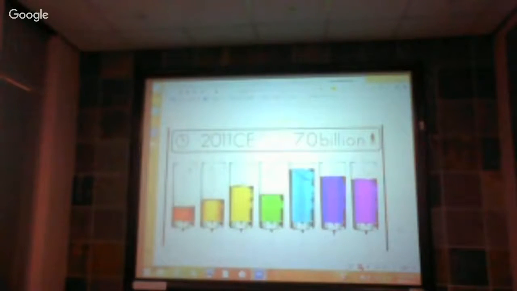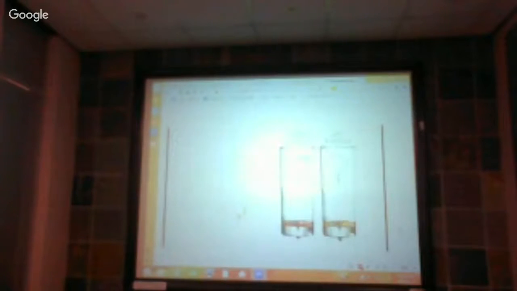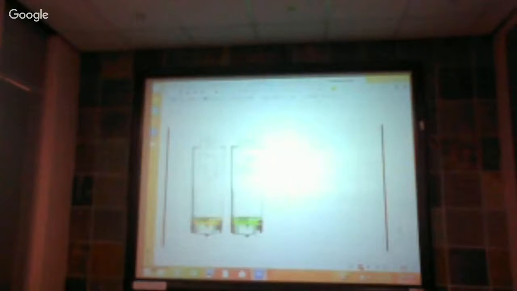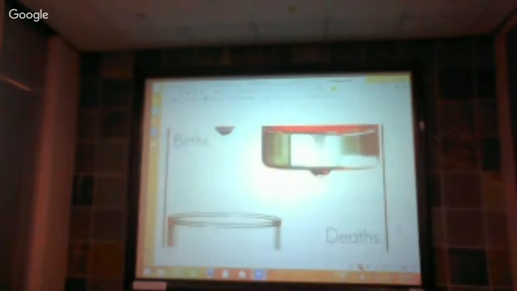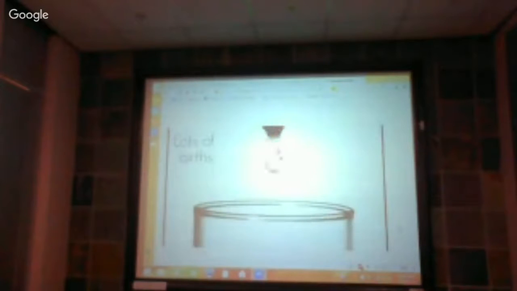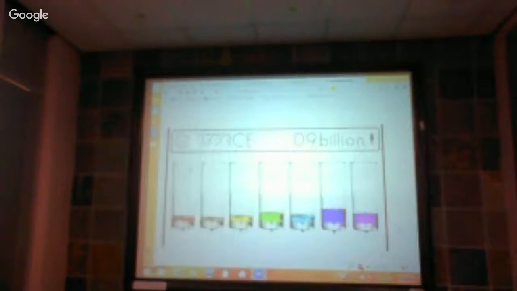Now let's go back 1,000 years. The Americas are nearly empty. Europe and Africa have less than 100 million people between them. And just like today, most people live in China, India, and the rest of Asia. For centuries, things stayed pretty much the same. Births are canceled out by deaths. Women are having lots of babies, but most babies die before they grow up and have families of their own. We don't reach 1 billion until 1804.